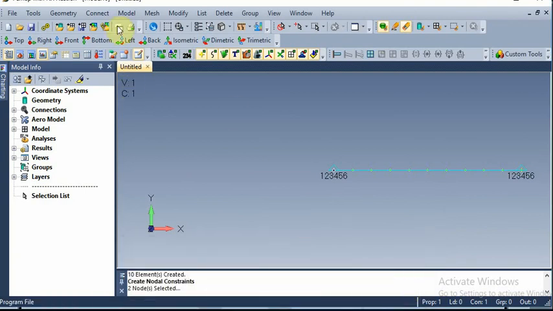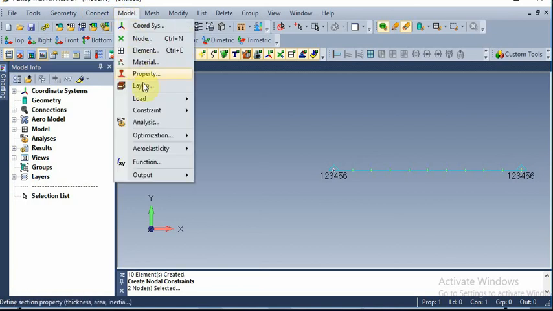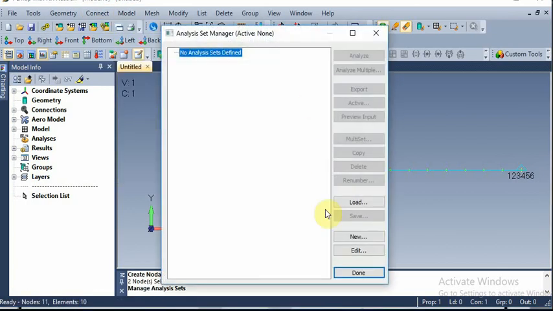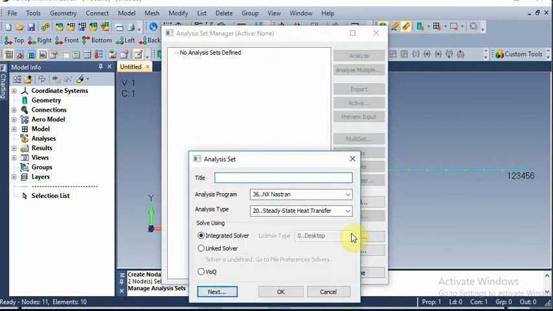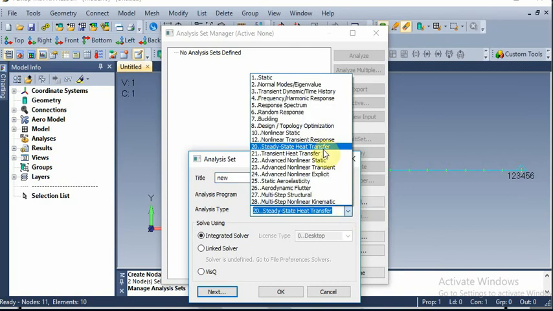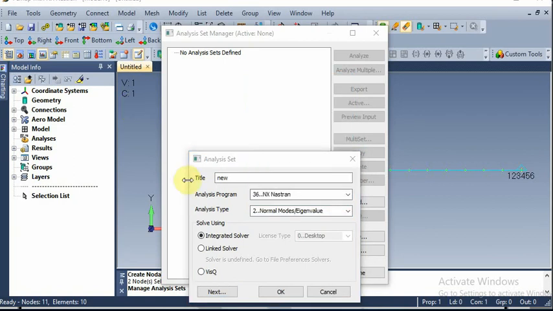Now we have to go for analysis. New analysis. Analysis type is normal mode. We need to make it a normal mode. Change it to normal modes and eigenvalues.